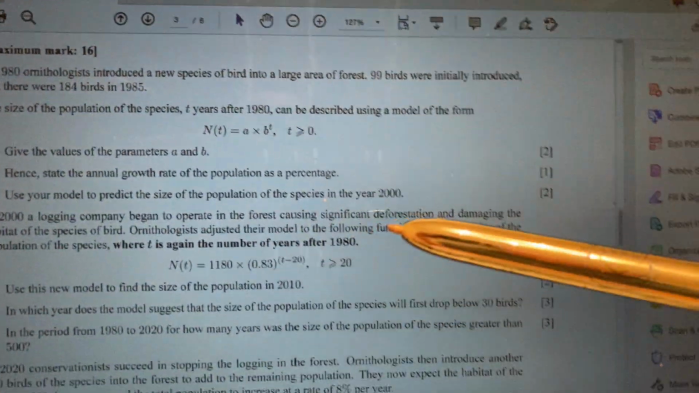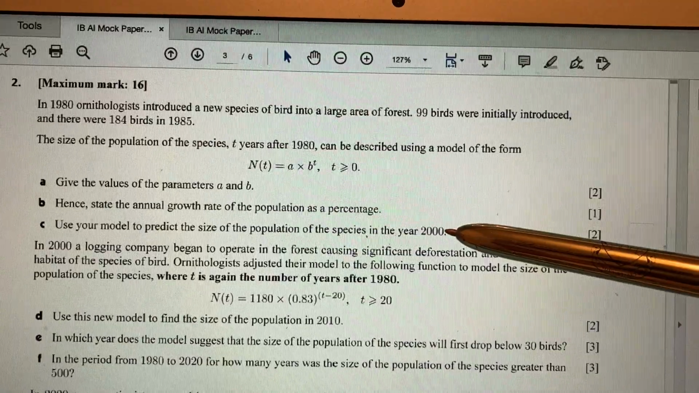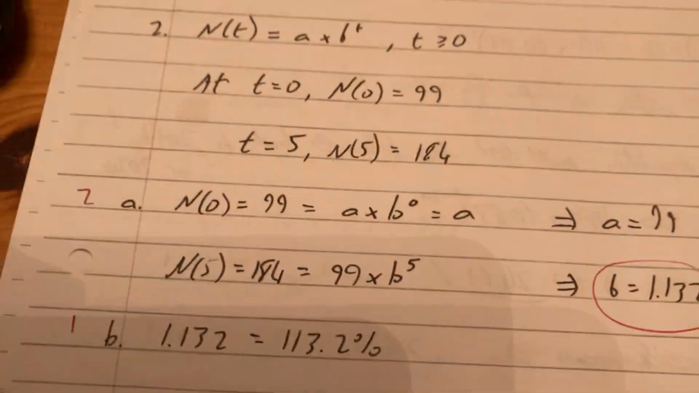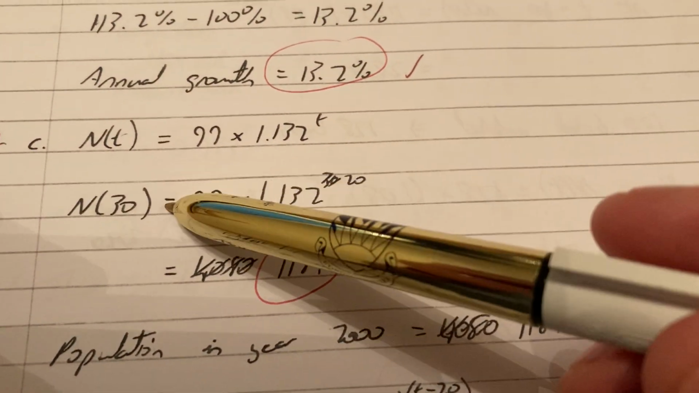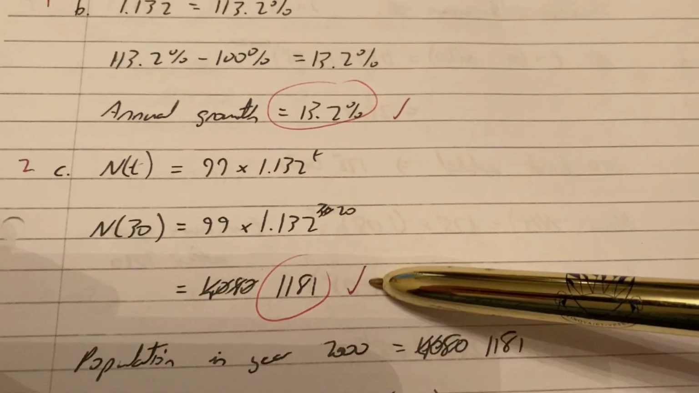Okay, just returning to part C. Initial year is 1980, so if we want the number of birds in the year 2000, we're going to want it when the T number is 20. So I'm substituting the number 20 as my power into the equation. There it is, 99 times 1.132 to the power of 20. Answer comes out to be